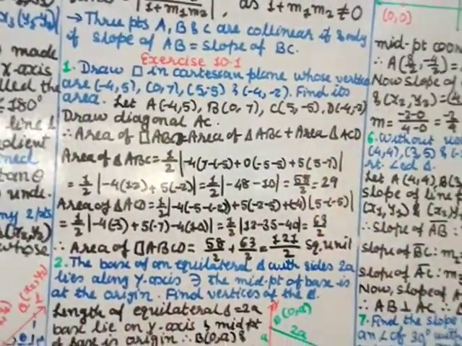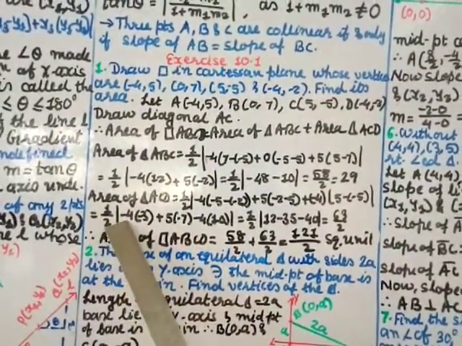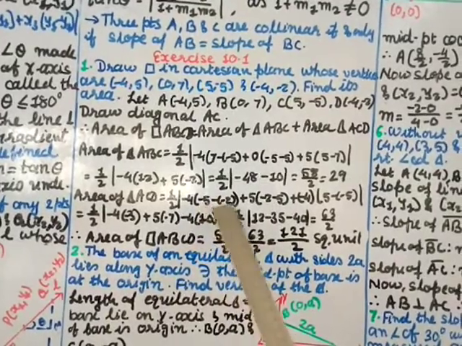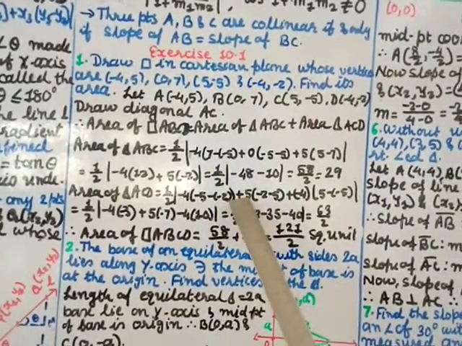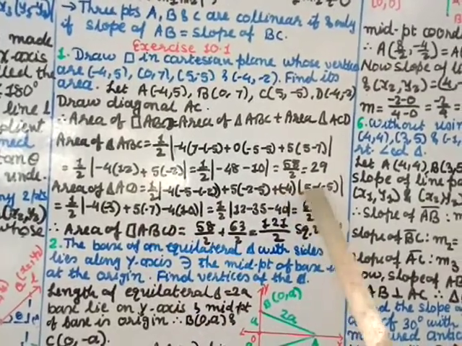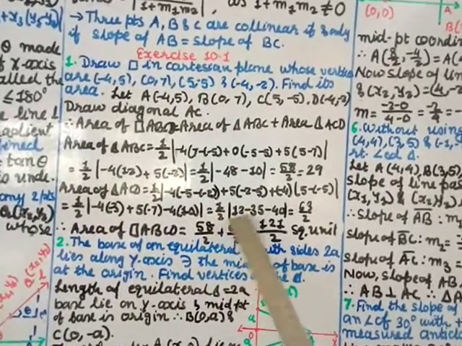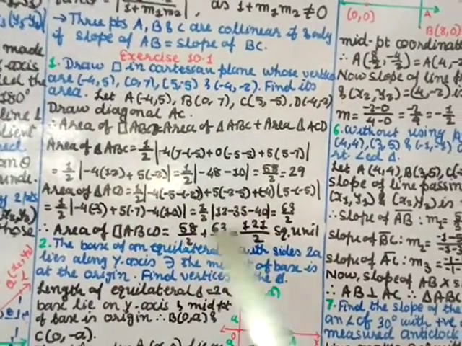Okay, I think that you can do it because this is of class 10. So we get here 1 by 2 [minus 4 minus 5 minus a minus plus 2] gives you minus 3 plus 5 minus 2 minus 5 gives you minus 7 minus 4, 5 minus a minus plus 5 gives you 10. Okay, this you simplify, you get 1 by 2, 12 minus 35 minus 40, and this value is 63 by 2.